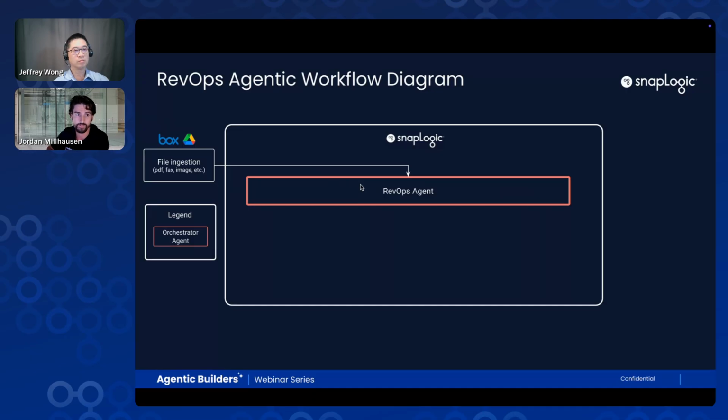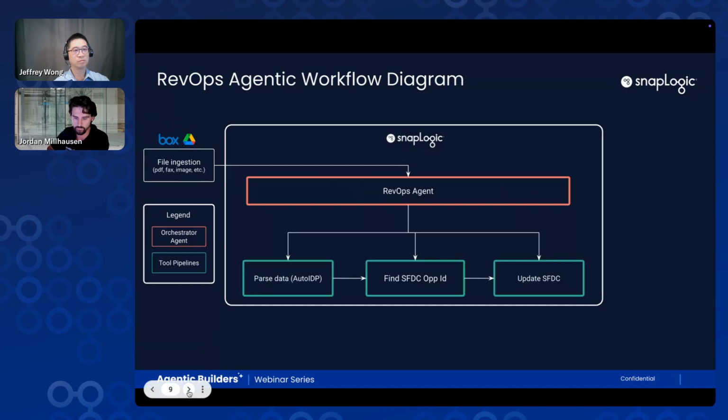So it's going to be the brain of the operations. And then from there, we have our tool calling. The RevOps agent has access to 3 tools. We're going to be parsing data. We're going to be taking the data that we parsed. We're going to be using the SFDC, which is a Salesforce Op ID tool, that's going to be taking the